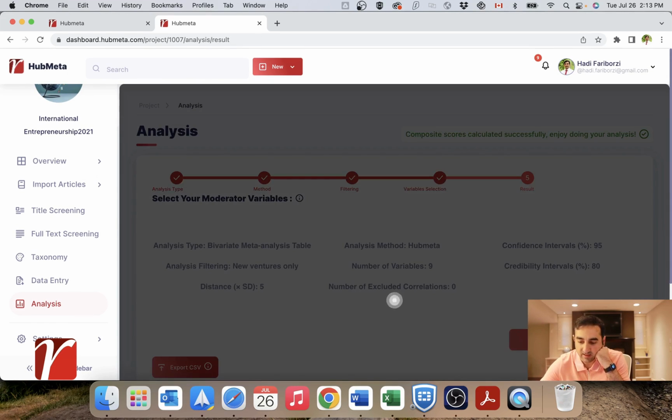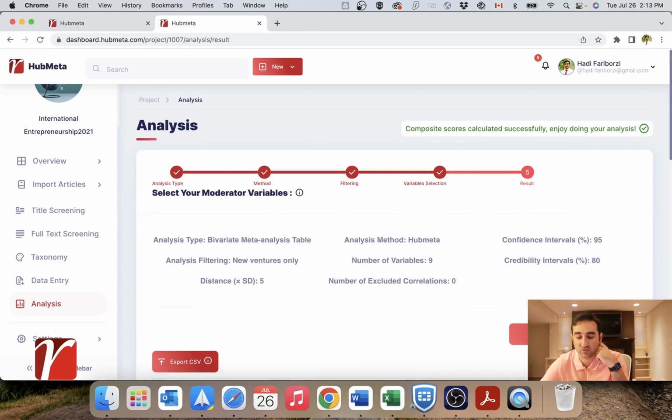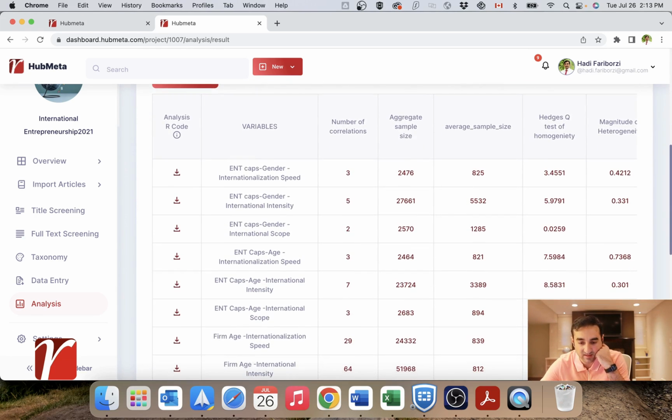And click on next. This time it's not just one meta-analysis, it's creating a pair based on the selected variables, and for each pair it's running a separate meta-analysis. So in this case, it might be doing like 20 or 30 different meta-analyses, so it takes a little bit more time. And this is the table.